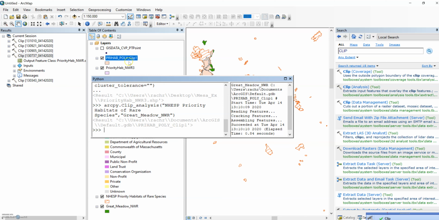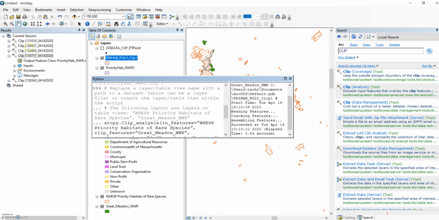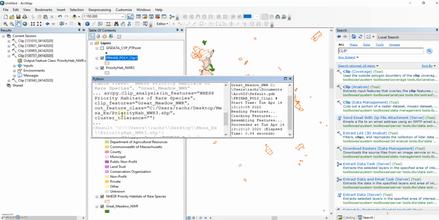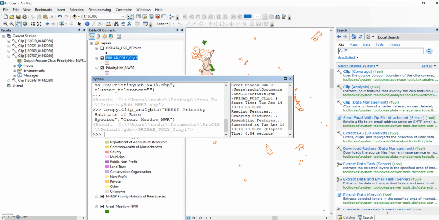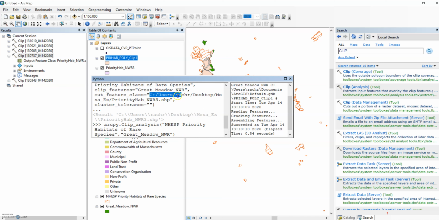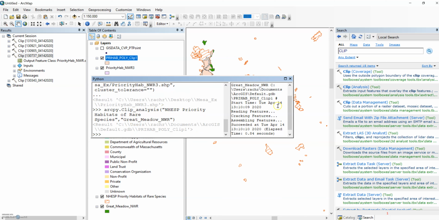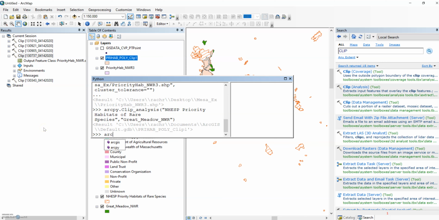So we can see here the different output. This is where knowing what your default geodatabase is is important. Because you can see when I copied and pasted from the geoprocessing results area, I copied the file path where I wanted it to be saved. So I was saving it to my desktop, to my example folder. When I am just pulling it from this menu, the search window, or if I just add it in here,